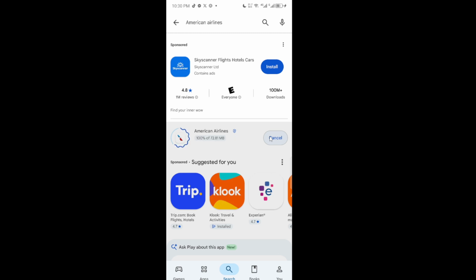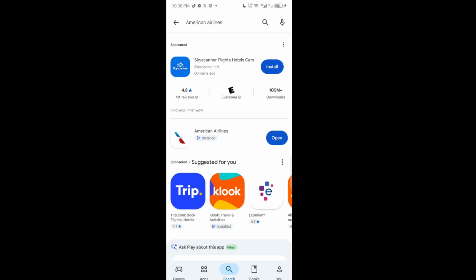If you're on a slower connection, give it a bit of time. Using Wi-Fi can help the download complete faster and save mobile data. After the installation finishes, the button will change to Open and the app icon will appear on your home screen or in your app drawer. That change confirms the download completed successfully.